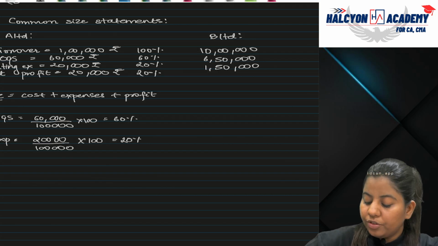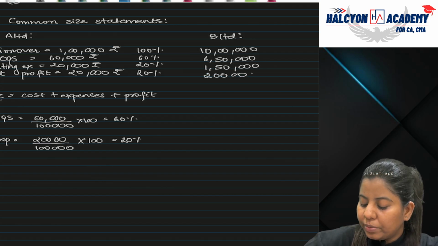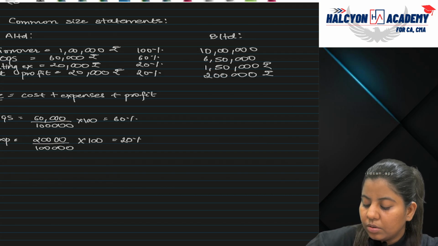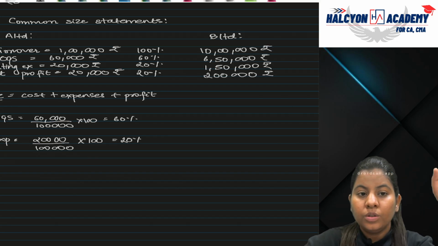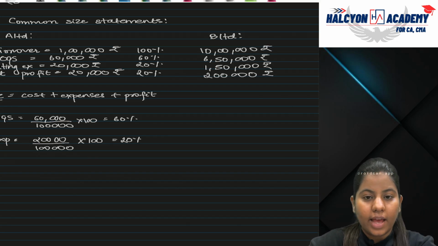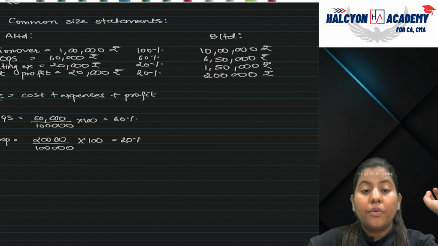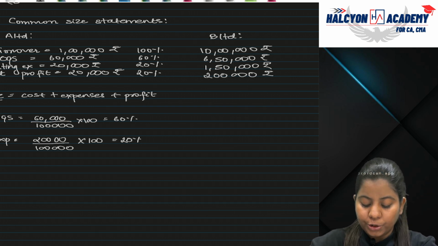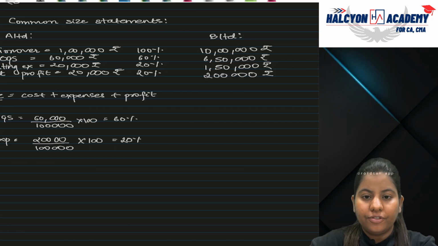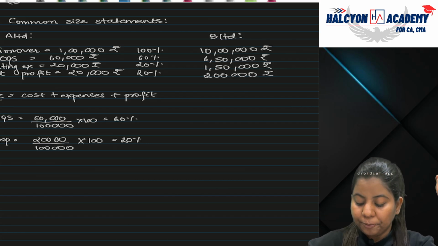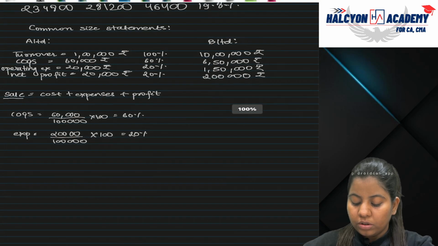And the balance amount will be profit 2 lakh rupees. Okay. So the turnover of B Limited is 10 lakh rupees. Then cost is 6,50,000 rupees. Operating expenses 1,50,000 rupees. And the balance amount profit is 2 lakh rupees. Okay. So